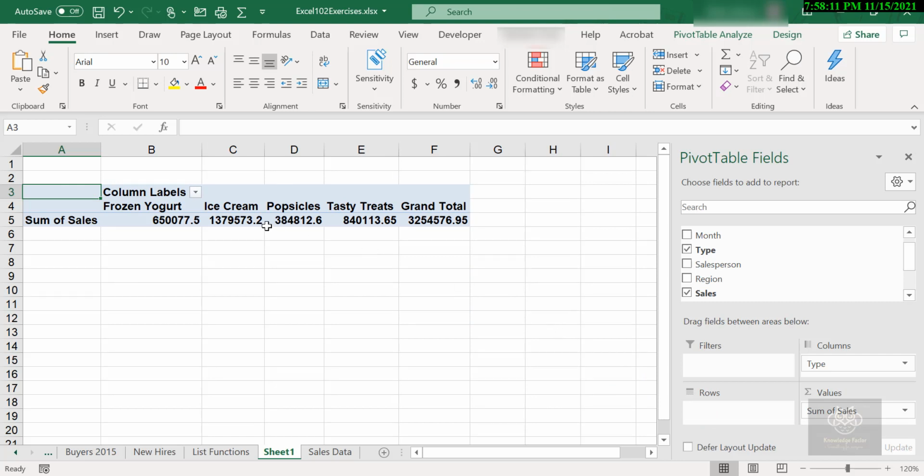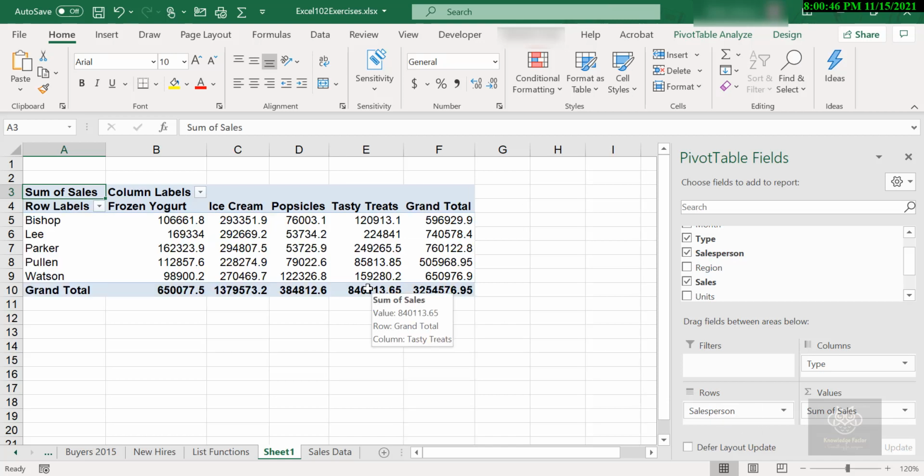Now I have got an odd kind of horizontal list here of products and total sales, which is nice, but I can grab Salesperson and drag that down to the rows. Again, just a few clicks of the mouse and we summarize the data, broken down by the salesperson. So try this out, experiment a bit, drag stuff in there, drag it out, see what you get. What is it that you would want to see based on that sales data list that we were looking at earlier? So try it out.